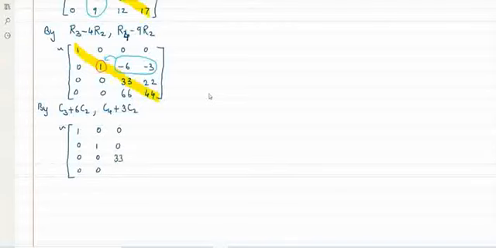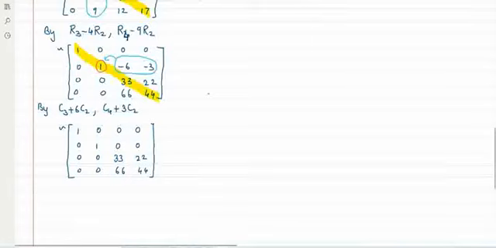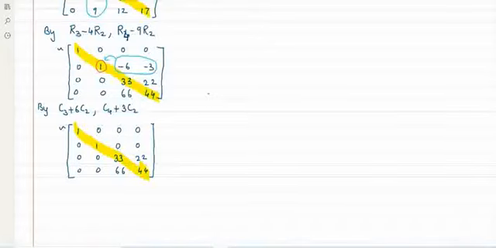Will be 33. 66. 22, 44. Okay, this is a new matrix. Now the same thing you have to continue. So after getting the elements which are below A22 and to the right of A22 as 0,